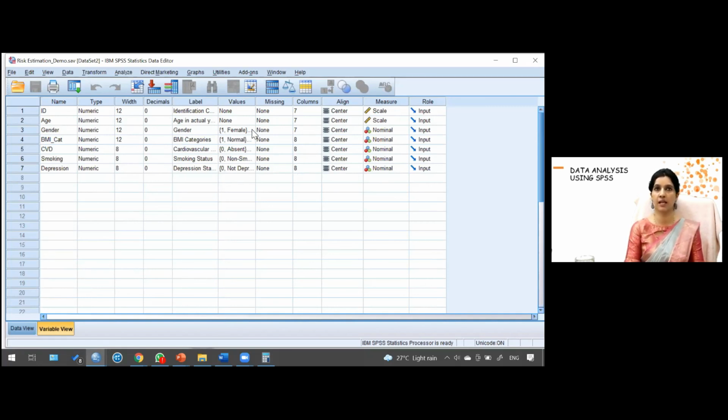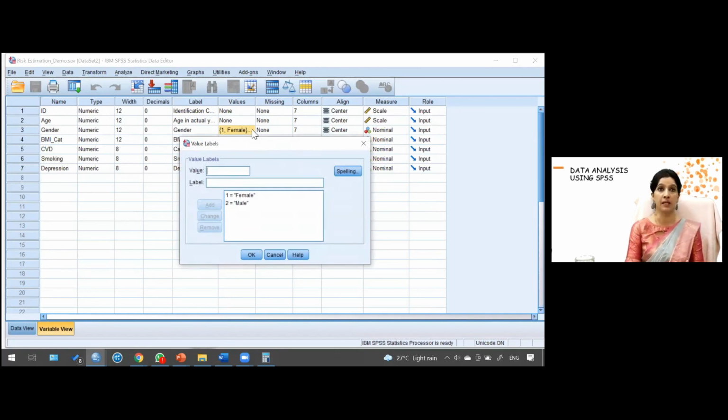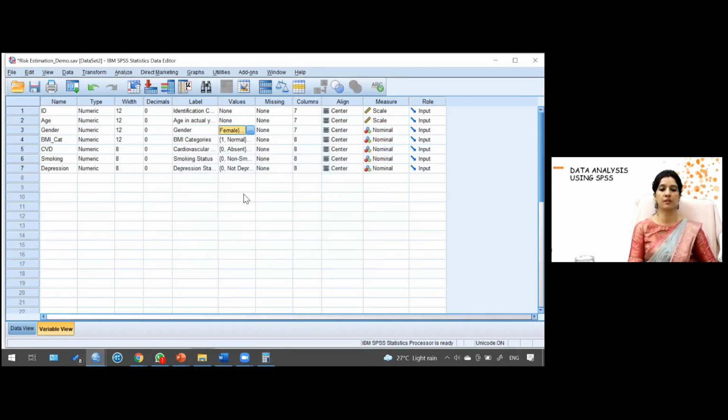Gender is again the same coding. 1 is female and 2 is male. Please remember this, because we have to see the risk in male and female. So 1 is for female. In interpretation of relative risk and odds ratio, the coding is very important, because it tells you the risk and odds ratio with respect to the lower code and higher code, and we'll see in which respect it takes as a lower code and in which respect it takes as a higher code. Okay, so it's a little bit confusing, so I'll revise this twice so that there shouldn't be any room for confusion. So this is the gender.